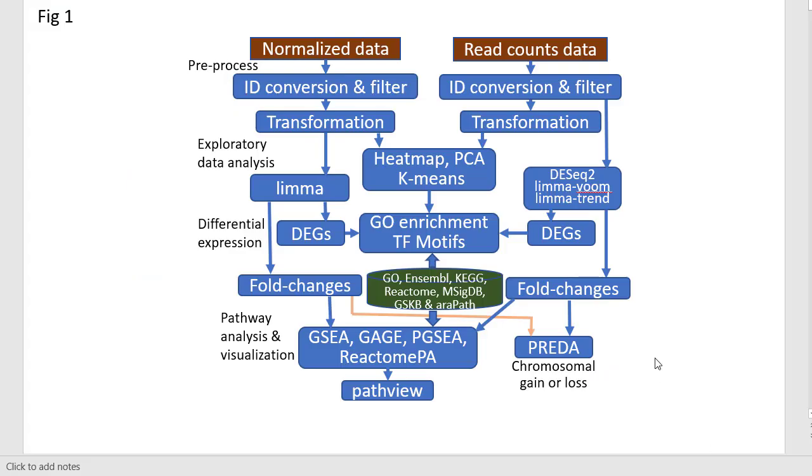iDEP is a rather comprehensive tool for analyzing RNA sequence data. Before you use iDEP, you need to map these reads and obtain the read counts file or the FPKM or RPKM files. What iDEP can accept is a matrix of expression levels of different kinds. After that, iDEP takes it over from there and